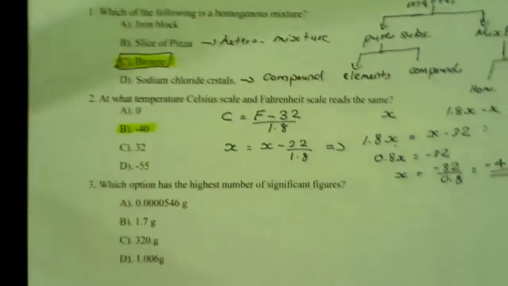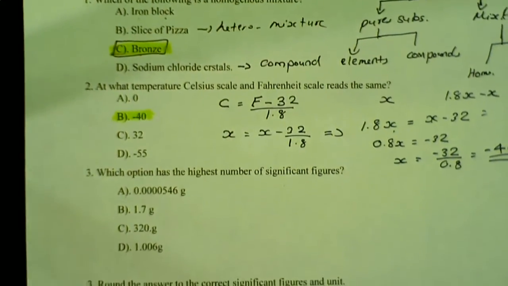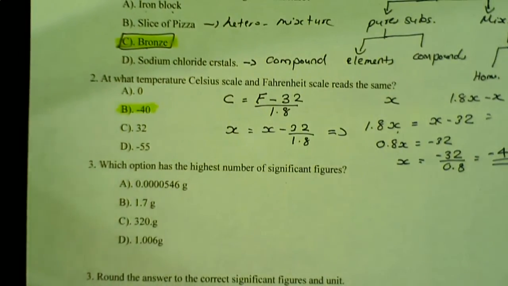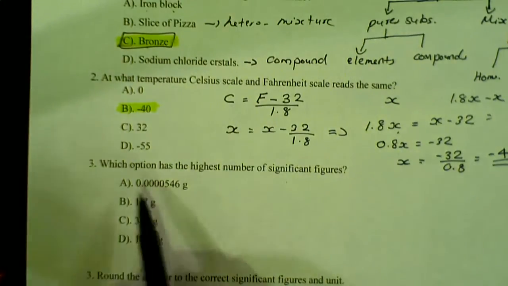Which option has the highest number of significant figures? When you count significant figures, trailing zeros are not significant, but they are significant if they are after a decimal point. But they also have to follow a non-zero digit. For our first option,